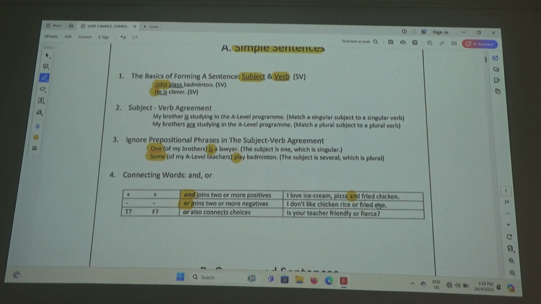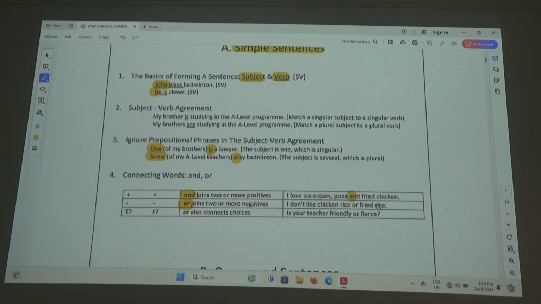So that sentence means I don't like chicken and I also don't like fried rice. Yes, I don't like chicken rice, I don't like fried rice. Is that okay now? Yeah. I think this mistake is very common, very prevalent throughout the world. Wherever I go, I hear people say, oh, I don't like burgers and pizza, which is wrong. I don't like burger or pizza. Is that okay now? It's because it's negative.